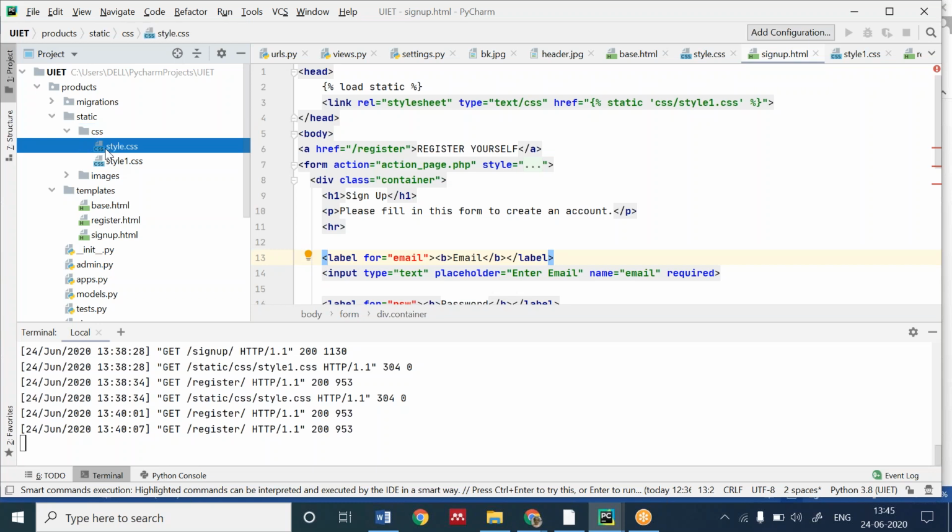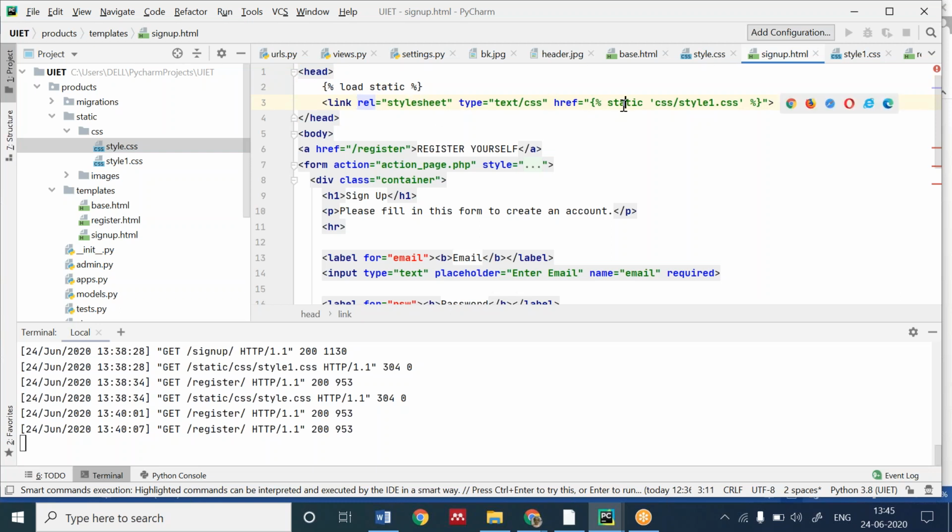After we have created this, I have to load it in my HTML page. So I will use the head section. Remember, in the head section, I have loaded the static, and then I have used link. Link tag is used for importing the style sheet.